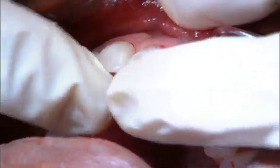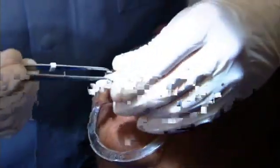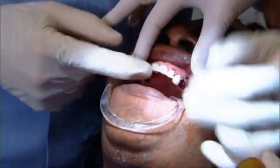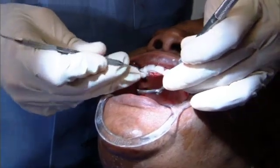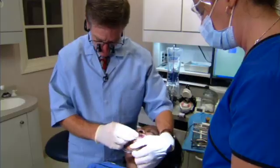Okay, now open for me. I'm going to slip that temporary partial out for a second. Thank you. A little temporary bridge came right with it. I can do the same thing now and trim the lingual of this just a little bit with my Explorer. I've slipped the temporary partial out, and there was a very, open for me now, a very thin film of